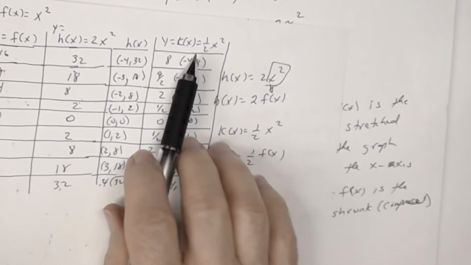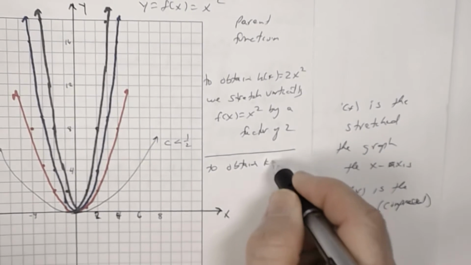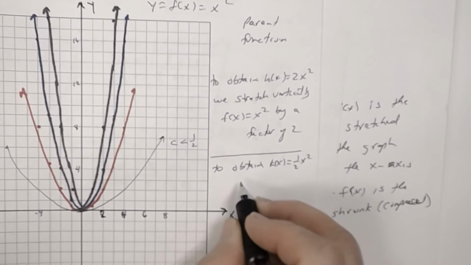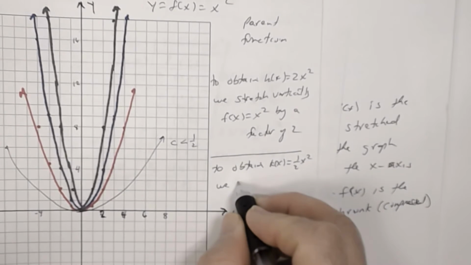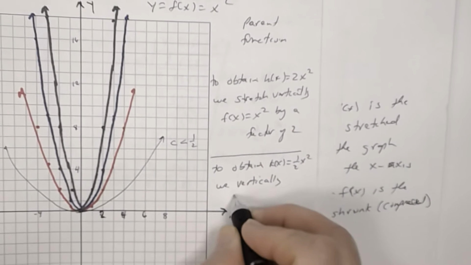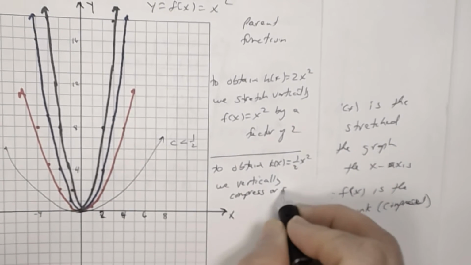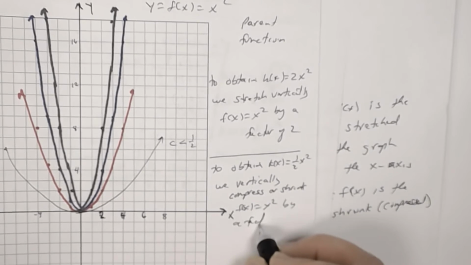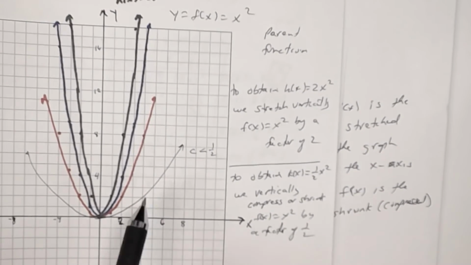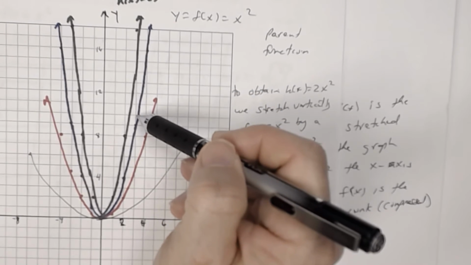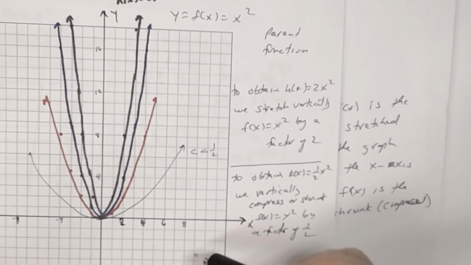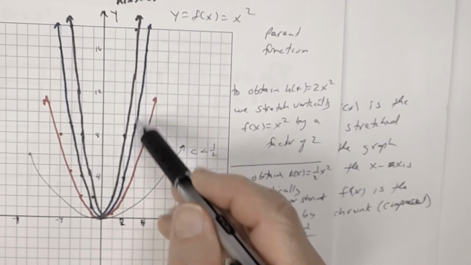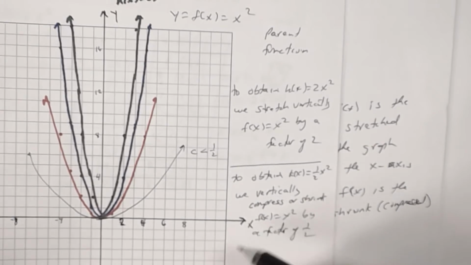To obtain k of x, remember this is k of x, which equals 1/2 x squared, I take my parent function, so we vertically compress or shrink f of x equal x squared by a factor of 1/2. So meaning that all of my y values on the blue graph, I am multiplying by 1/2 in this case. So this was, let's say this one here was 1/5, then I'd multiply each of these y values by 1/5. All right, so